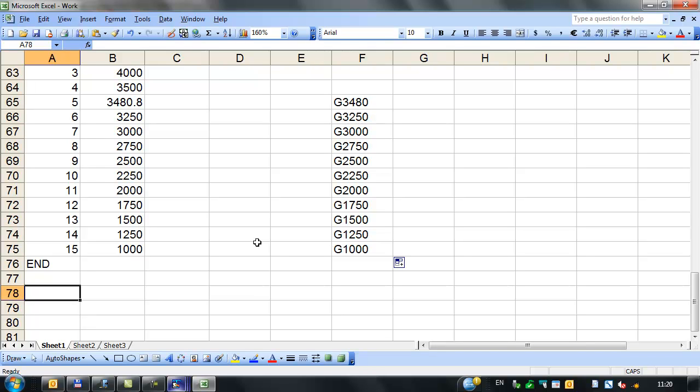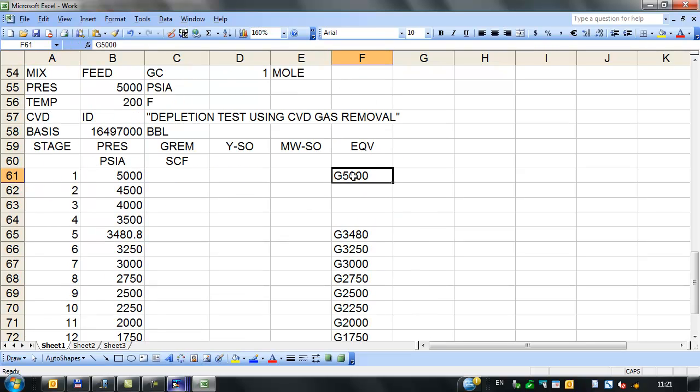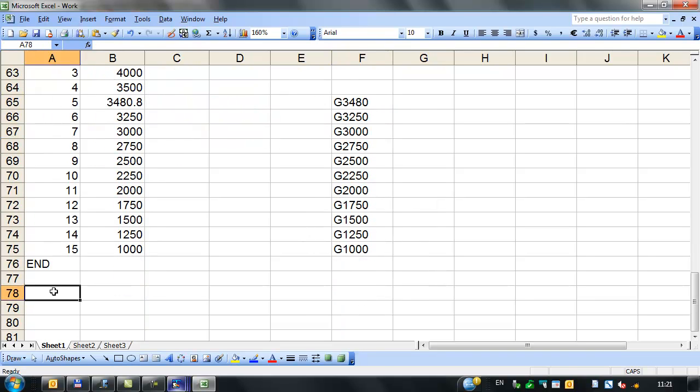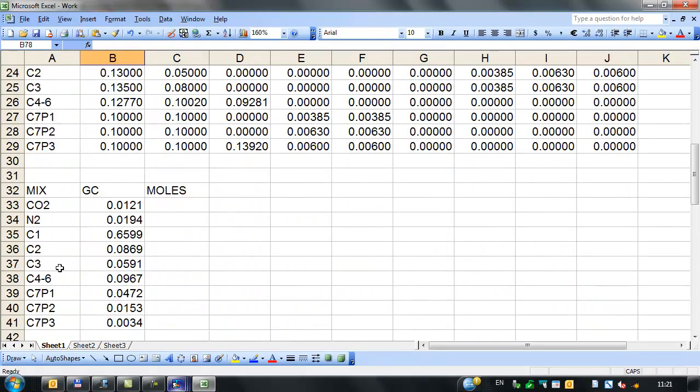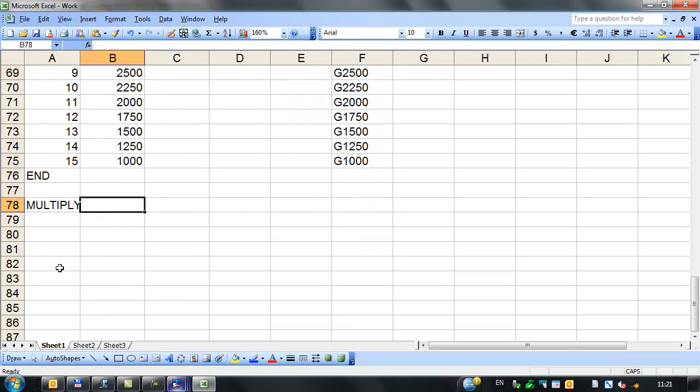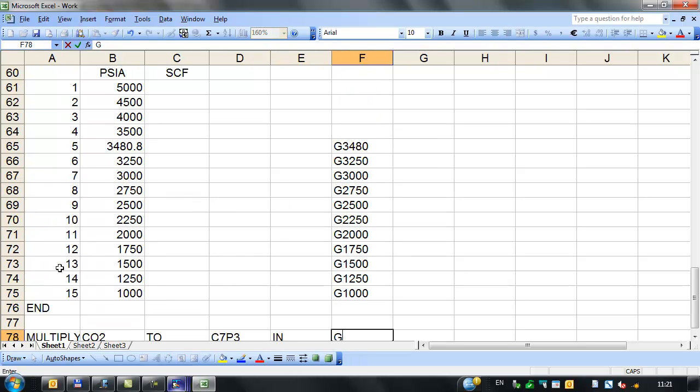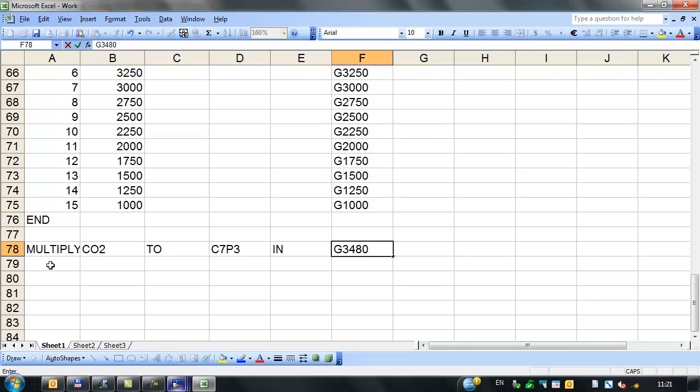Well, I can do it for one of them and then repeat it. So we're going to mix, and actually all of these are going to be the same here, so we can just start there, because all of these are going to be the same above here, same composition, right? So we can just take, and we can say multiply the components CO2 to C7 plus, in G3480, by